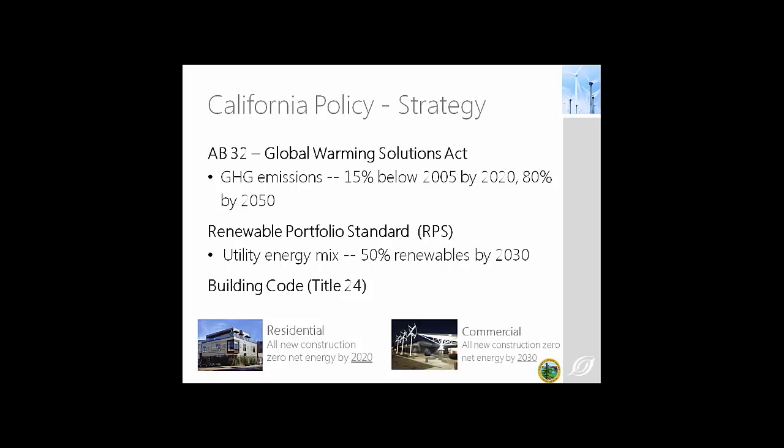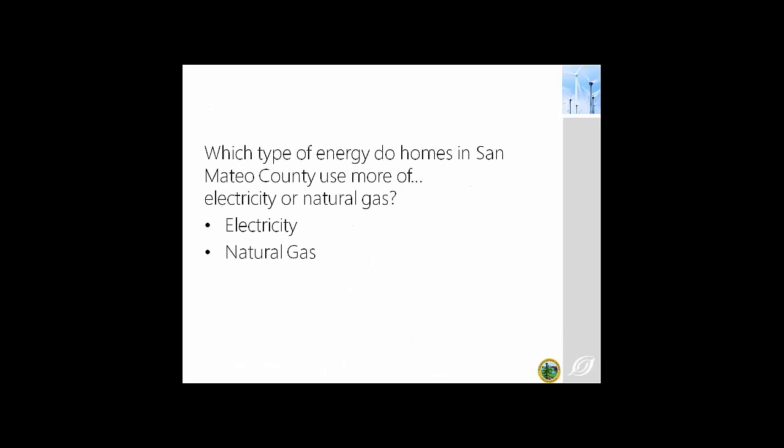They're also enforcing energy efficiencies through our building code. The section of the building code that addresses energy consumption is Title 24. And our goals for California, for residential, all new construction must be zero net energy by 2020. And what that means is that over the course of a year, the building must produce as much energy through renewables as it consumes over the course of a year. And so the commercial goal is all new commercial zero net energy by 2030. So in the next 15 years, all of our new construction will be zero net energy. Can you go to the next slide?